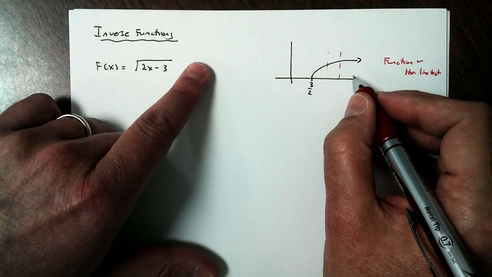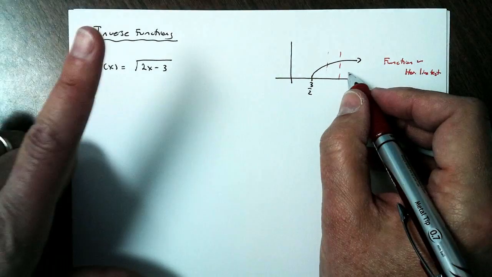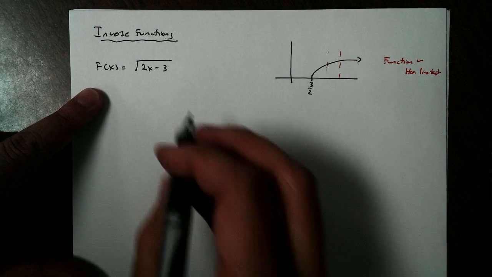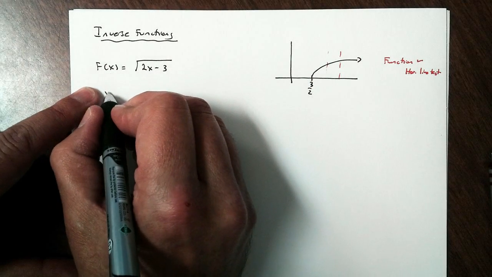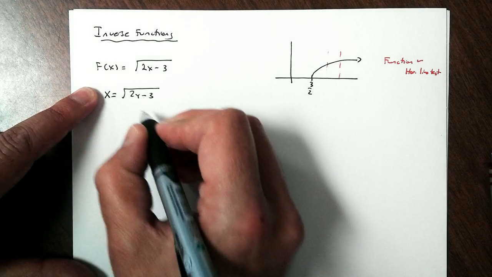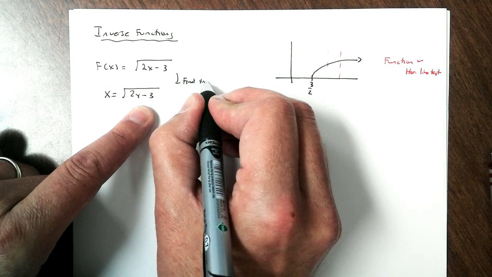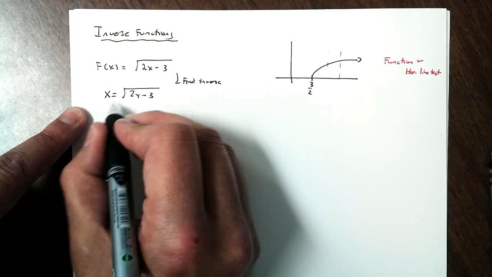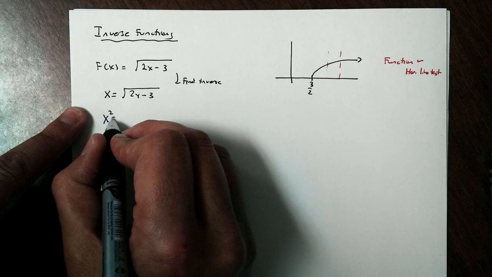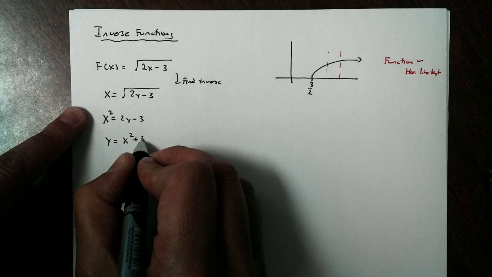But to have an inverse, what we're going to be doing is we're going to switch the x's and your y's. So that's what you did last year. So if this is a y, I can switch this, make this an x, and this becomes the square root of 2y minus 3. So I'm going to find the inverse. That's basically what we're going to do. I'm going to find the inverse. So to find the inverse, this becomes x squared equals 2y minus 3, or y equals x squared plus 3